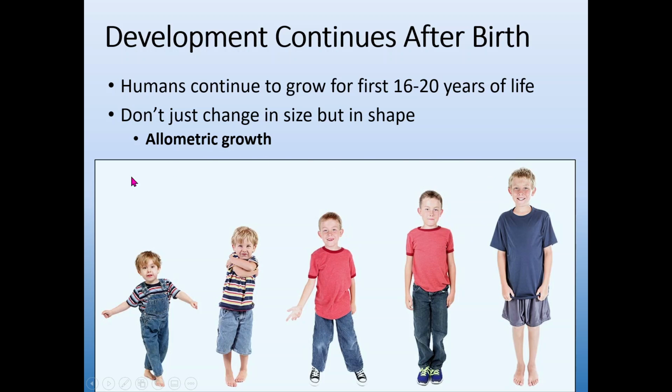We don't just change in size, however, we change in shape. Humans are part of what we call allometric growth trajectories. So there's isometric growth, which is just where you change in size, but the shape stays the same, does not change. Allometric growth is a growth in size as well as a change in shape through development, which makes sense. You may not think about it, but a human baby looks very different from a human adult. Our proportions, our relative sizes of the different regions of our body change as we develop.